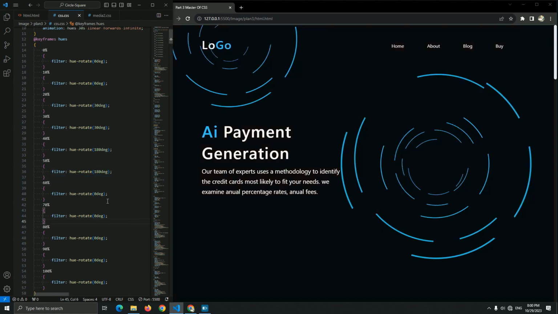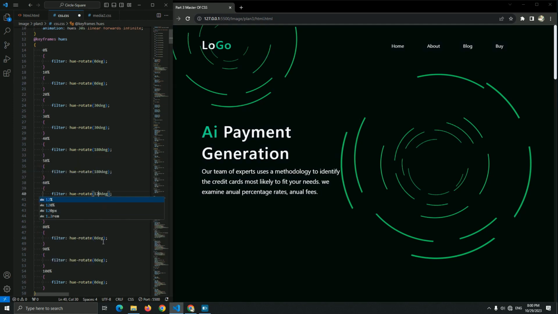So let me just change it in a 60%. Now in a 60% I want to be 120 degree, and the 70% 120 degree for this color. There we go. Now 80% I want the color be 275 degree, and in a 90% be the same.